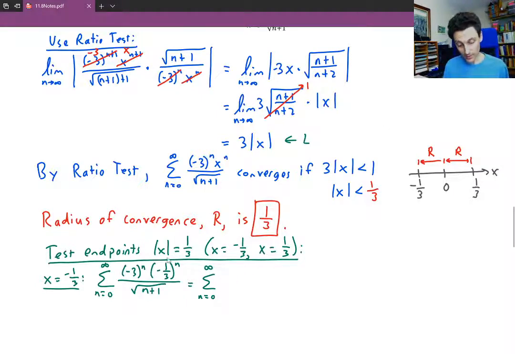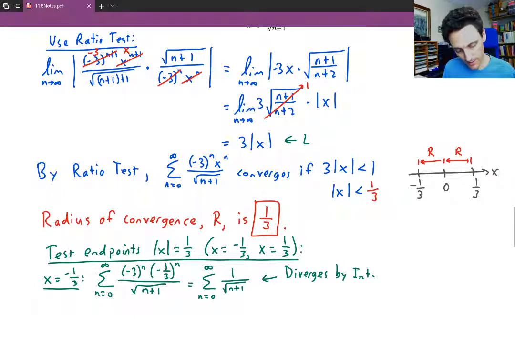And when you think about -3 to the n times -1/3 to the n, you get these pairs of -3 times -1/3. You have n of these pairs, and each of the pairs will multiply together to give you just +1. So at the top, you just get +1 over the square root of n plus 1. Now that series, we could say, diverges. It diverges by the integral test, or possibly by a comparison of some sort to 1 over the square root of n. Let's just write diverges